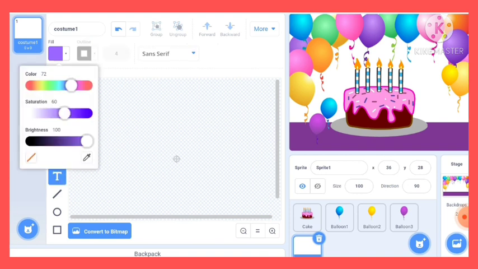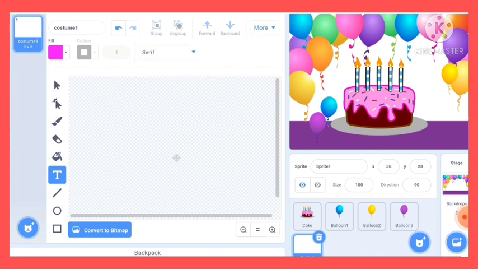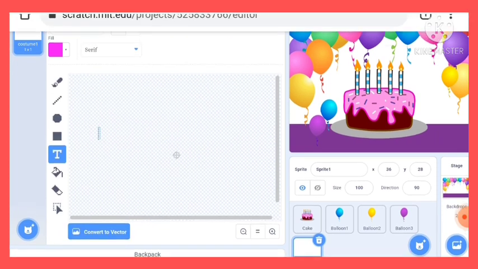Let me choose the color like this. You can choose any color. I am choosing pink. Okay guys, and then we will choose the handwriting. You can choose any one. I am choosing this serif, and let's convert to bitmap, and then let's write it.